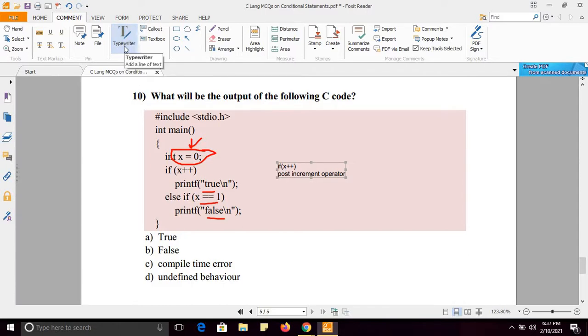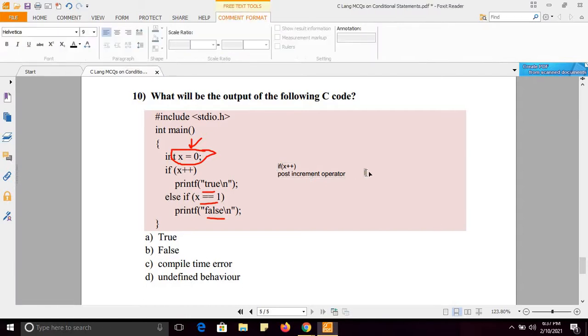So if x plus plus, value of x is 0, fine. What will happen? See, the value of x is 0, so here 0 will be passed, and here I am writing printf true.